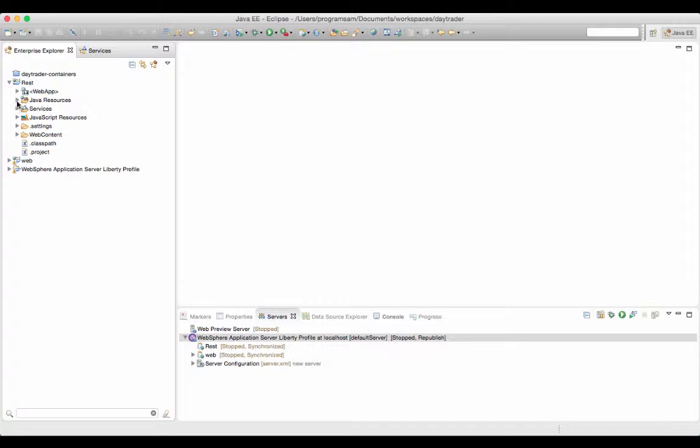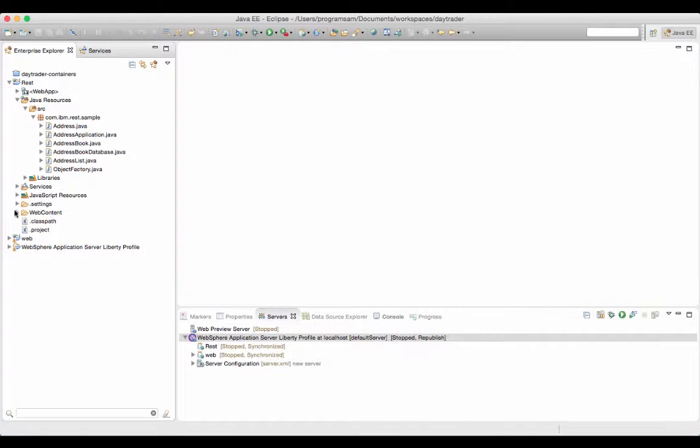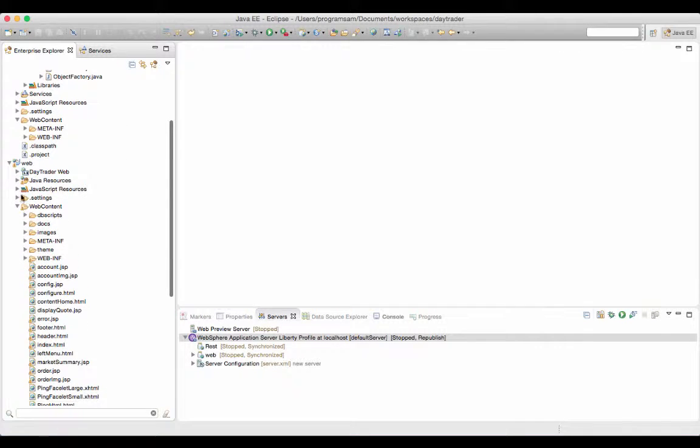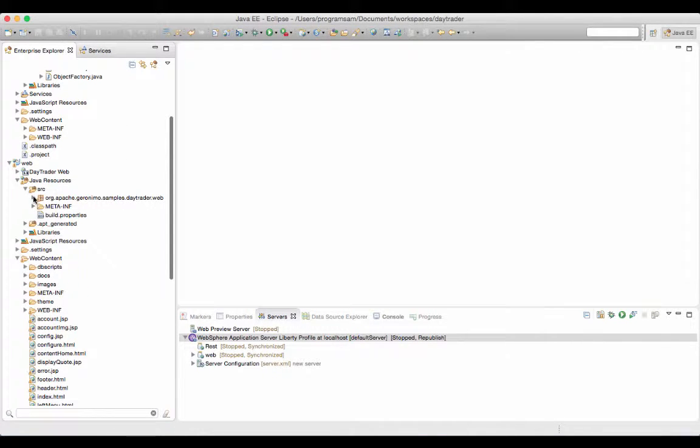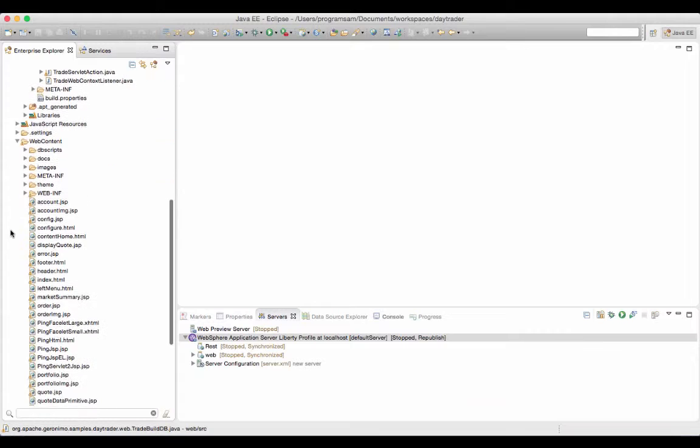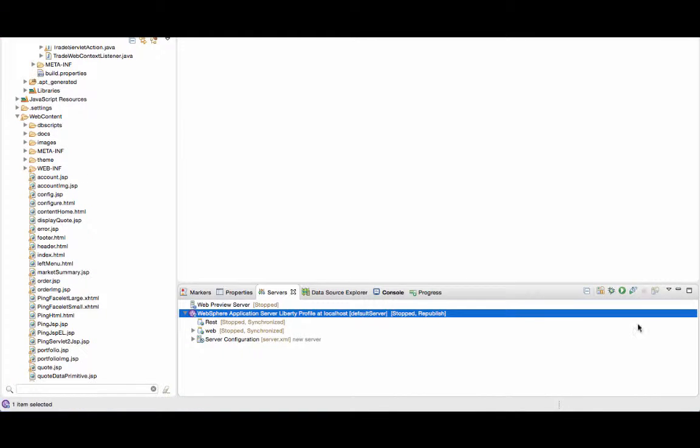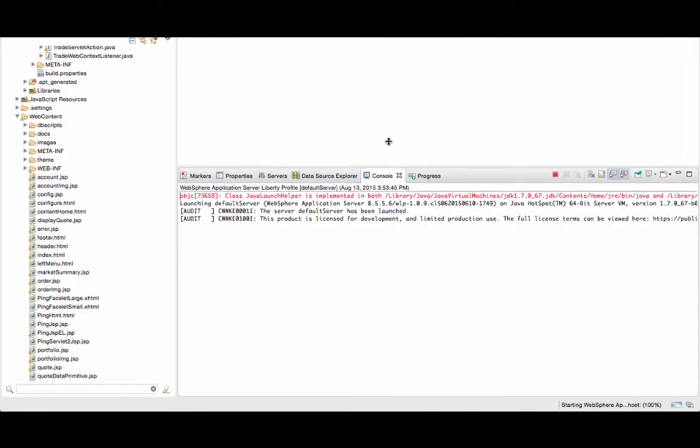After refactoring DayTrader to run in Liberty, I can show how it works on my local installation of Eclipse. DayTrader is a typical Java EE6 application that was built to demonstrate performance features of traditional WebSphere. Using the WebSphere development tools, I will start up my local copy of Liberty with DayTrader installed.